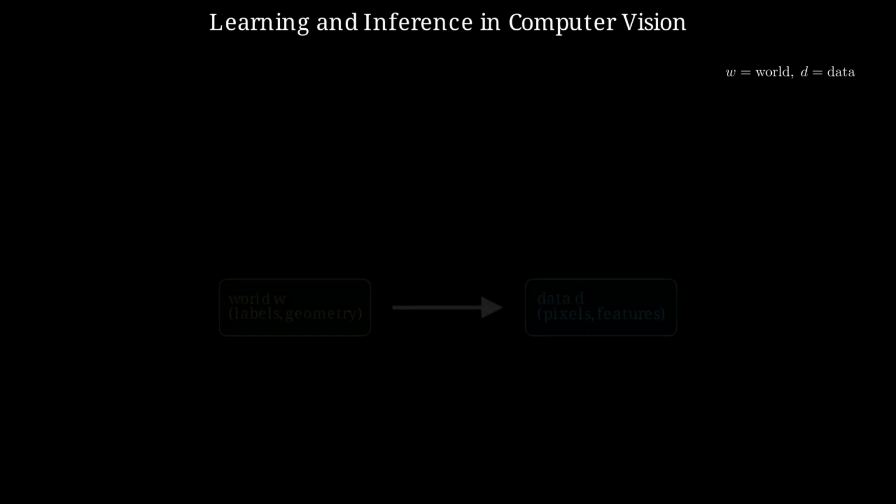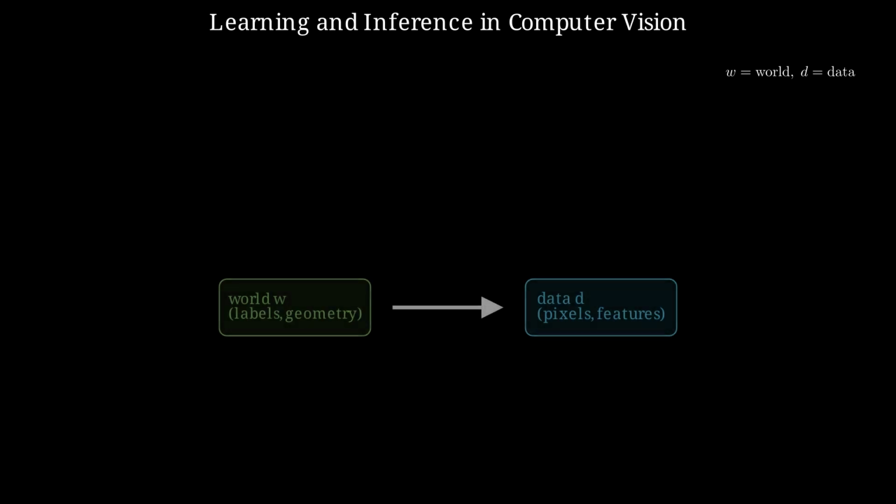Whether you build classical pipelines or modern deep networks, the same modeling question appears again and again: should we learn the contingency of the world on the data, or the contingency of the data on the world? We use W for world state and D for observed data throughout. Data might be raw pixels, filtered features, depth maps, or video frames. World state might be a class label, a bounding box, a segmentation mask, a surface normal, or a full three-dimensional